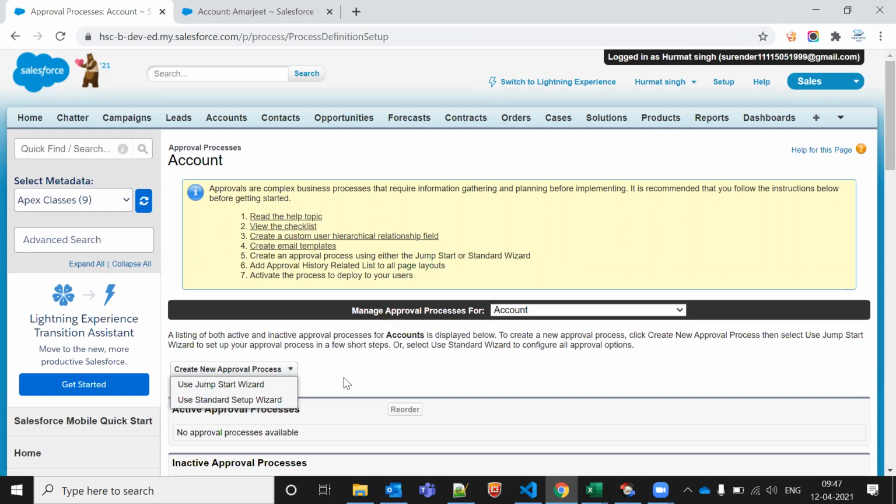Okay. Fine. So my condition is, once my request is approved by the manager, it should be updated as approved. If it is rejected, then it should be updated as rejected. Every time it should be updated accordingly. How can we do it? You can tell me using standard or jump start, I'm just asking about the process. How can we update the fields?